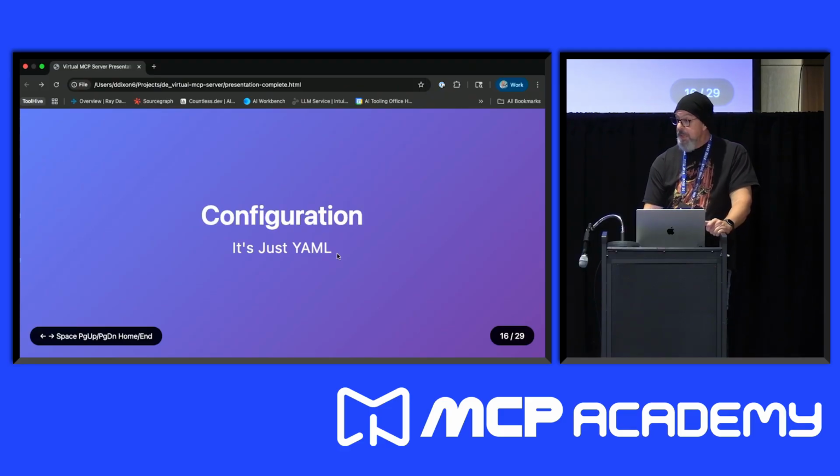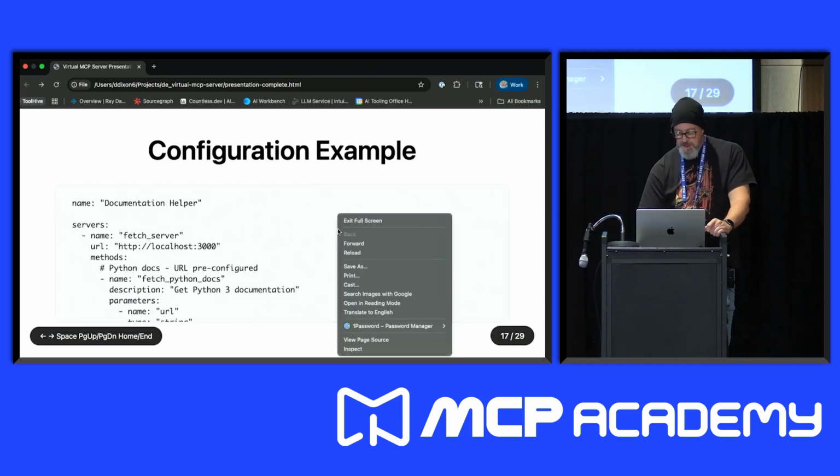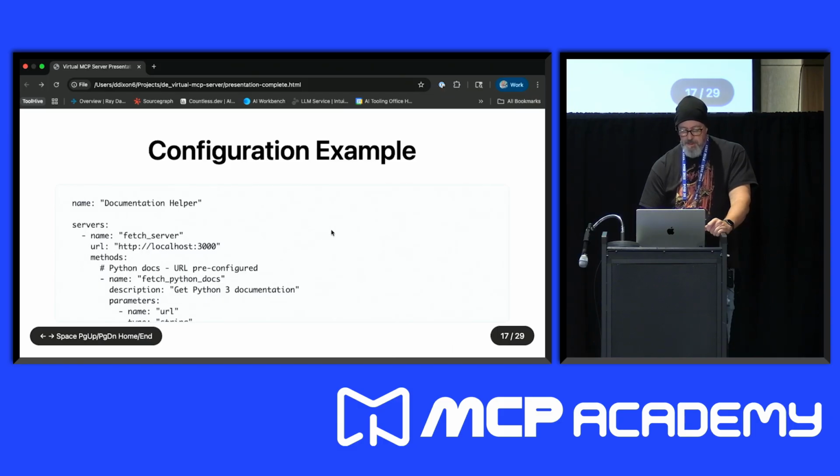And we wanted this to be just configuration. We have a project going where we want subject matter experts to be providing documentation and other tooling to developers. But we don't want everybody to be writing their own MCP server. We're going to wind up with a whole mess, and they don't want to manage their own servers either. So this is just YAML. Unfortunately, this doesn't fit on the screen, but that's okay. We get the idea here, which is